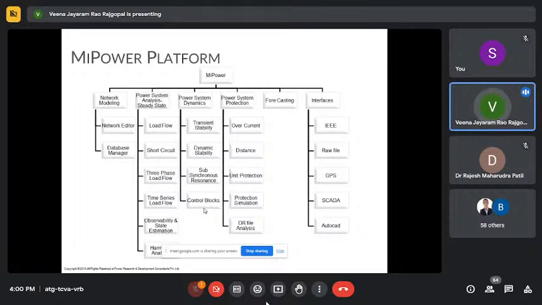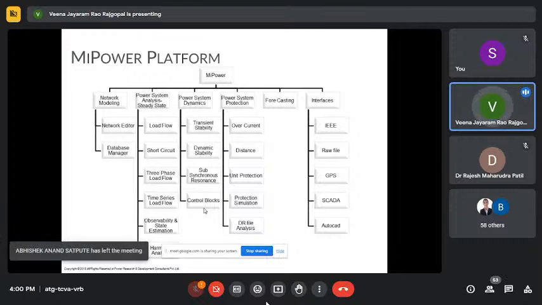That analysis is about whether your control blocks or your system are proper, whether after a major disturbance it is going to come back, or what the critical clearing time of the generator is. So you want to see how much it can withstand, after which it is going to collapse. So these kinds of system,